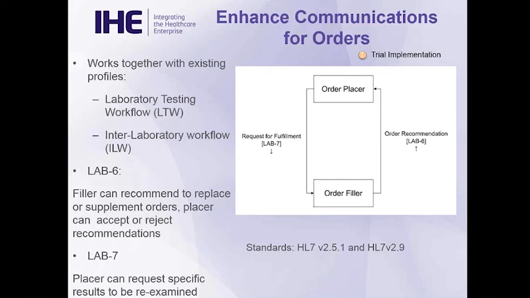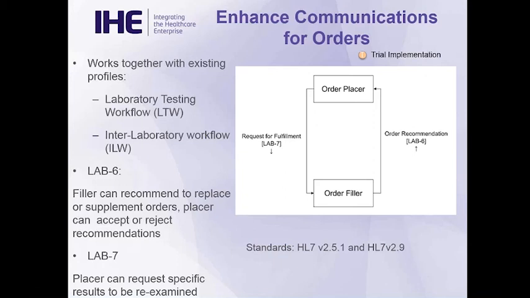And then there's Lab 7, where the placer can request specific results to be re-examined. And that is important when, for example, the result comes back from the laboratory and it doesn't seem to fit the clinical picture. So the placer could send a request back to double check something, or I'm assuming in pathology that might happen also. So it can be used in either way, and it's built on 2.5.1 standard for Lab 6 with some pre-adoptions from later versions of HL7,